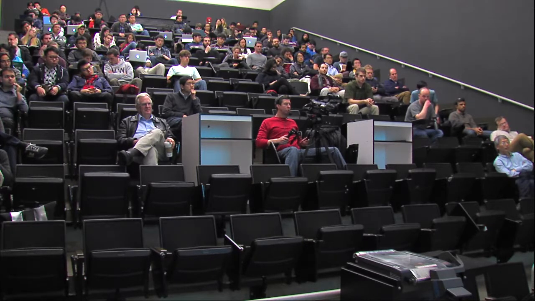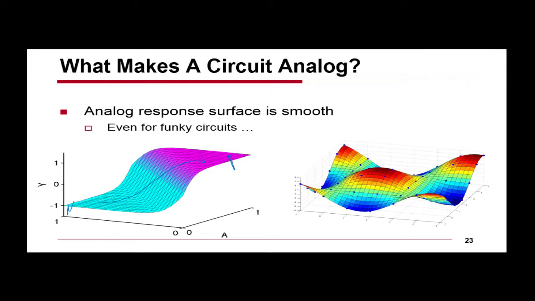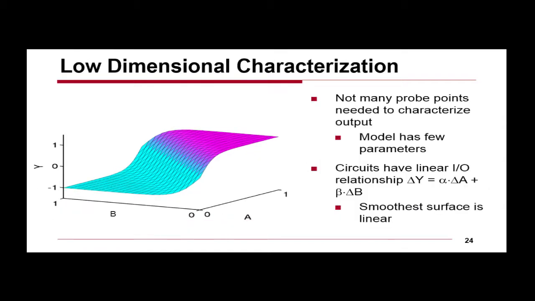So, I have a joke that if you look at something that looks like this, is that analog or digital? Well, it depends. If your inputs go from here to here, it's digital. And if you're looking in this region, it's analog, right? Because everything in the world is continuous. There aren't really any digital gates. It's just the region that you operate them in. So how can we use this fact that the analog result surface is smooth to our advantage? Well, in a digital system, the biggest problem you have is exploring the result surface. Because just because you know the answer in one point doesn't mean you know anything about the adjacent point.